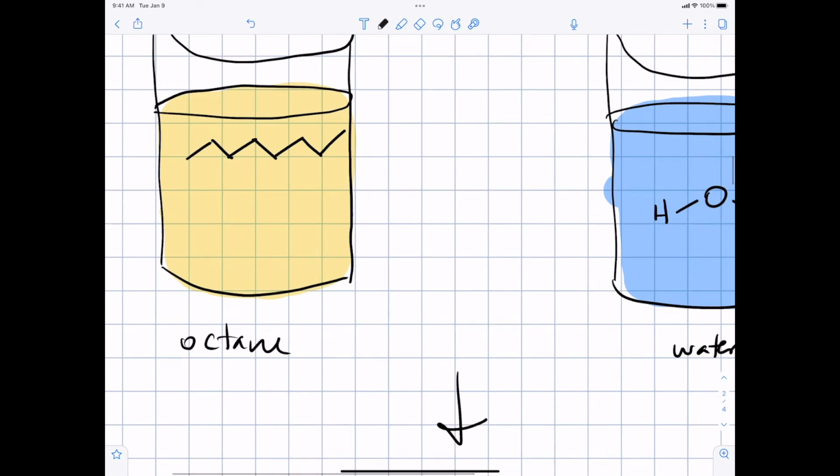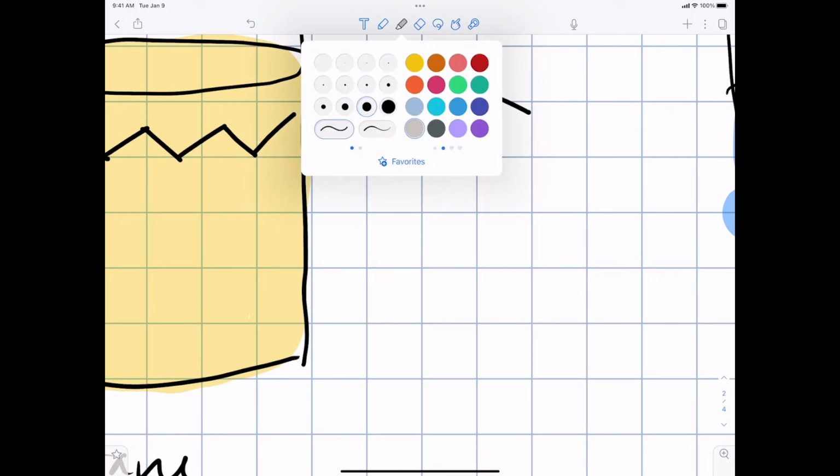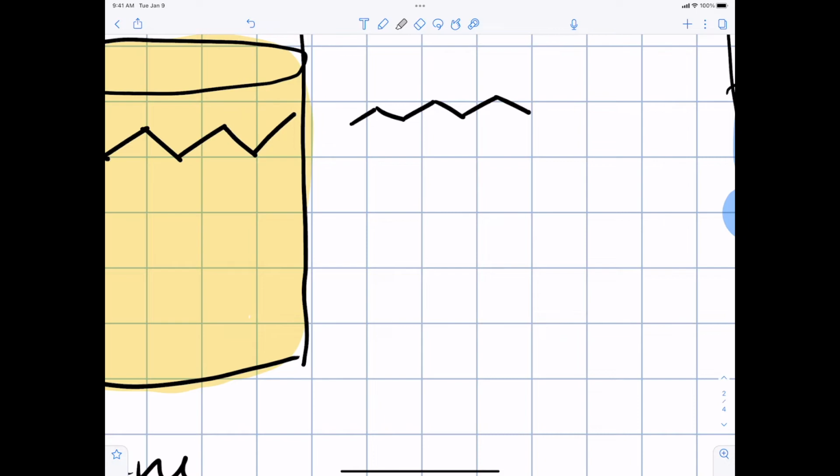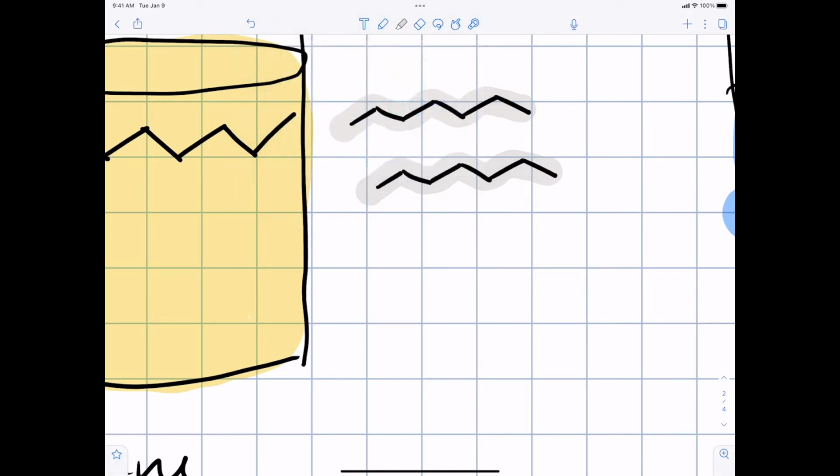Well, octane's also a liquid, so these interactions between octane molecules would be relatively weak. We're going to sort of show the cloud of electron density in the vicinity of this molecule is sort of like this. And as one octane molecule approaches the other, you could imagine them adjusting their electron density such that